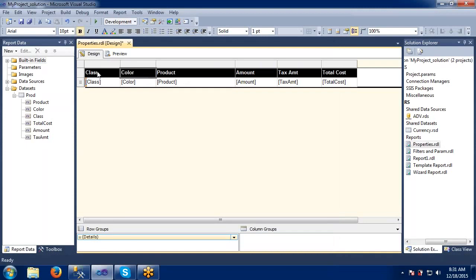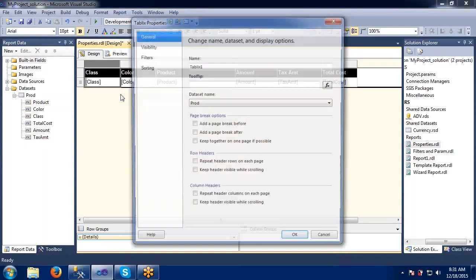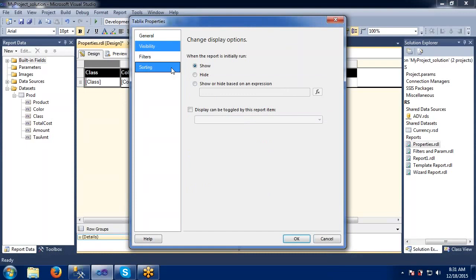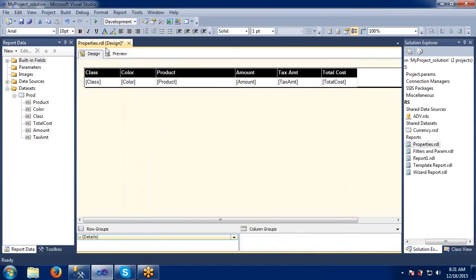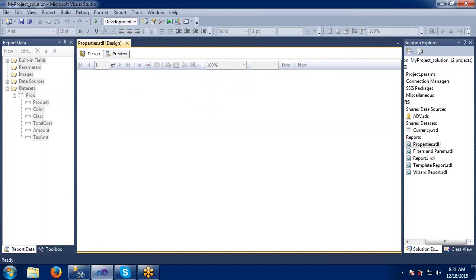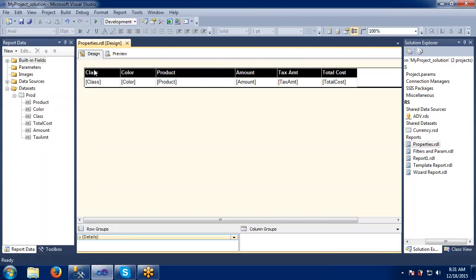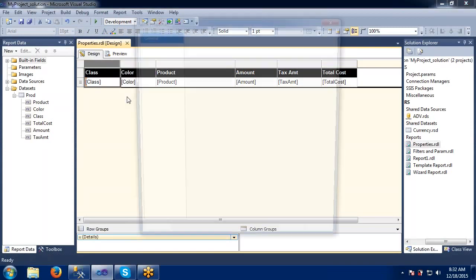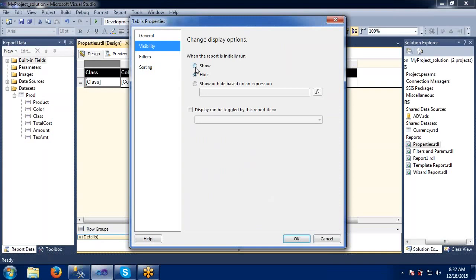Let me click on the tablix properties. I don't want to display this class property, I just want to hide it. See, now it should work properly, because I have completely hidden the column itself. So it won't display the complete column here. It will try to display. What happened? The report is generated. With the tablix property visibility, it is trying to hide the complete report here.